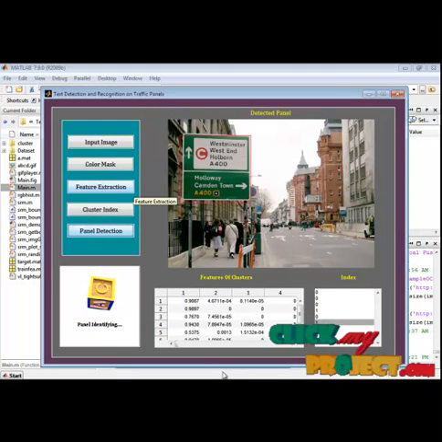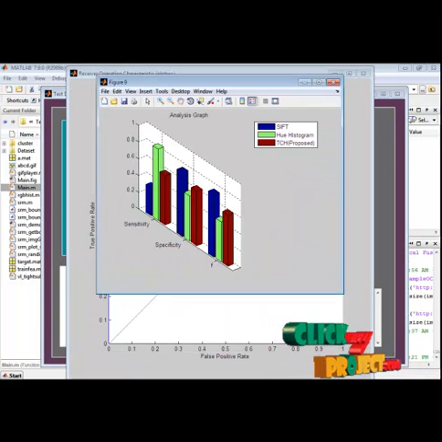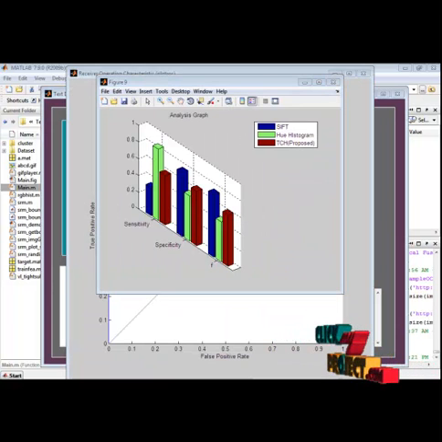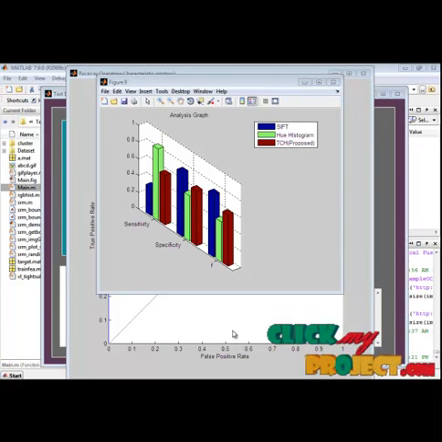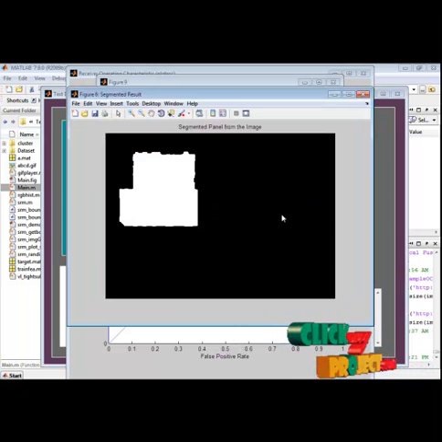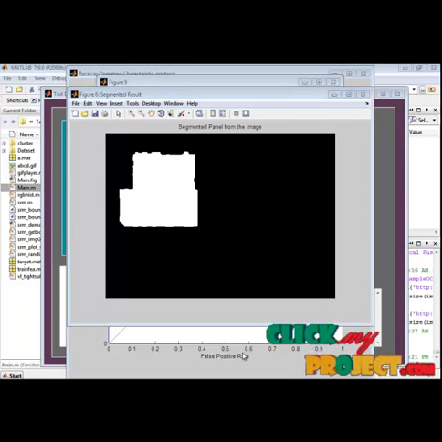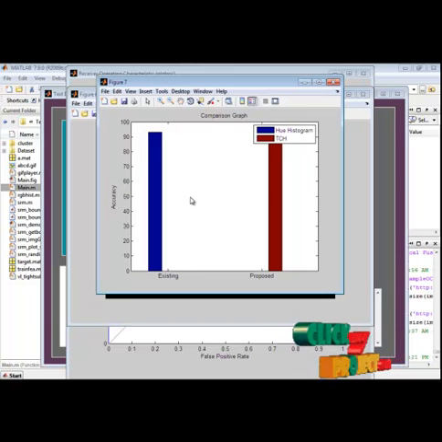This is the segmented result of that traffic panel. This is the comparison graph. Based on accuracy, we have shown the comparison graph.